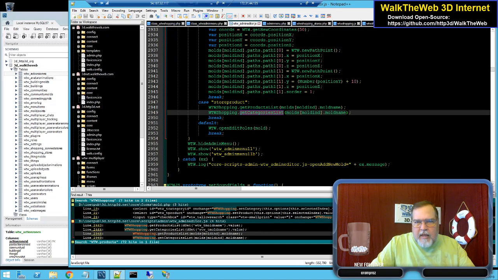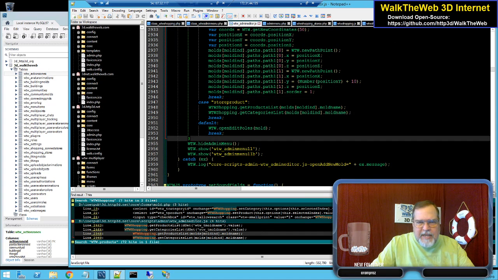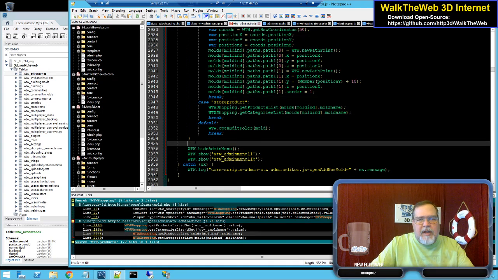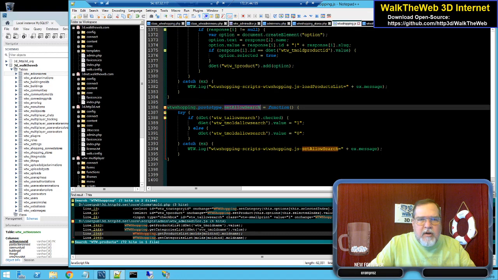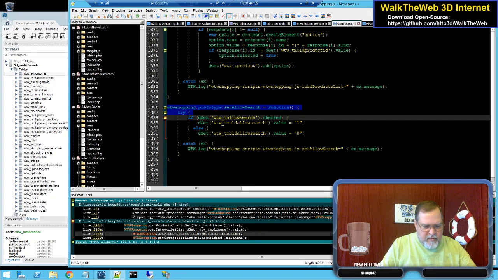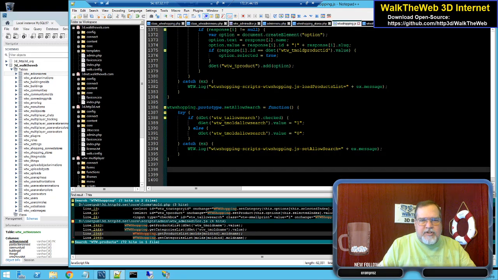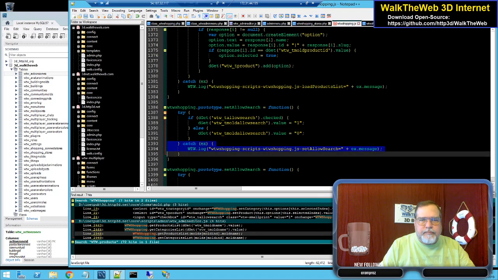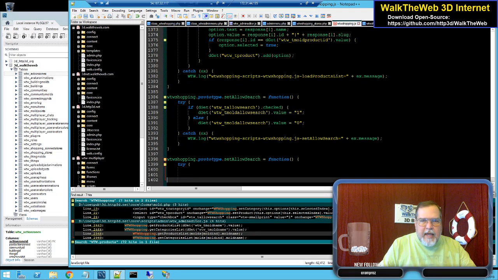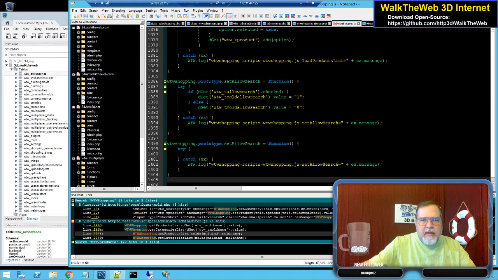So what we need is to actually build a hook, put it right here in the code so that when you open a new mold, it automatically knows how to work with the shopping cart parts, and I could pull these pieces out of where they are here. To do that, the first thing I'm going to do is create a new JavaScript function in our shopping cart code. And we're going to name this one